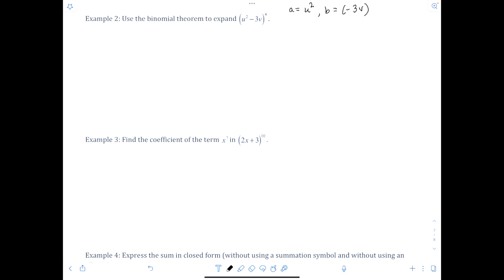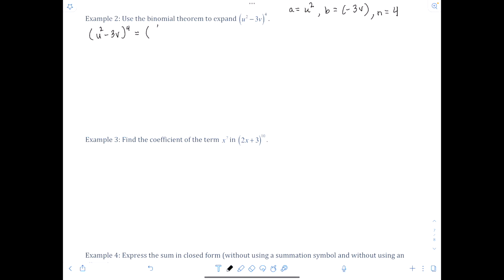So I can have it as a plus in between. And then our n is equal to 4 because it's raised to the 4th power. So using that binomial formula, we would have u squared minus 3v raised to the 4th will equal